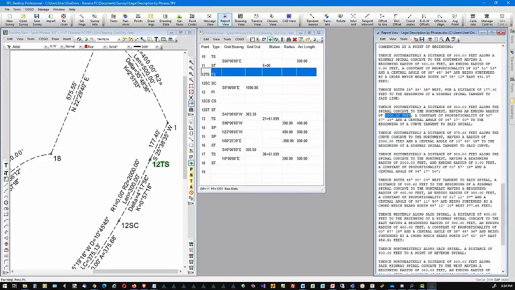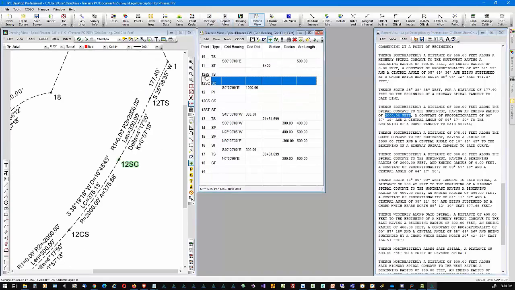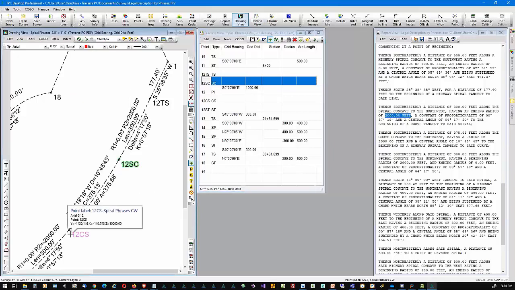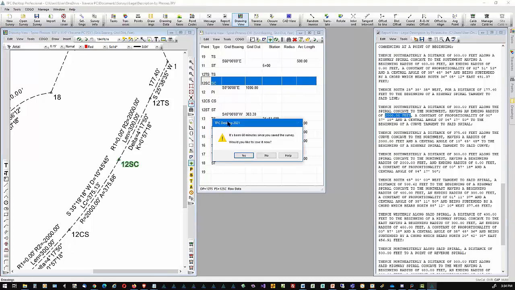All right, so that's this spiral here. So what we've got is tangent to spiral, and then a spiral to a central curve. And then the central curve down to